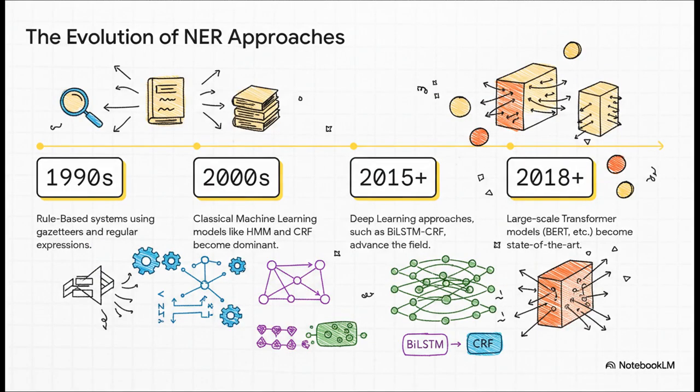And the tech for NER has evolved like crazy over the years. It started back in the 90s with systems based on handwritten rules. Then in the 2000s, we got models like HMMs. But the real classic leap was conditional random fields, or CRFs. Now, here's a great little nugget for an interview. CRFs were more powerful because they could look at the entire sentence at once to make a tagging decision, while HMMs were a bit more short-sighted. And of course, since about 2015, deep learning and massive transformer models have completely changed the game again.